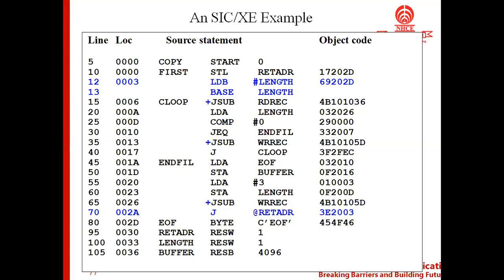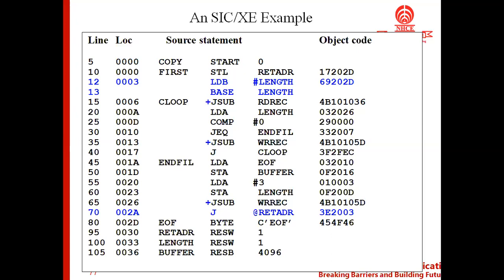And you have to remember that in SAC we use only one instruction format, having the fields such as opcode, x bit and address field. Whereas in SAC-XC there are 4 different formats we have. It's not one format. There are 4 instruction formats which are available in SAC-XC.